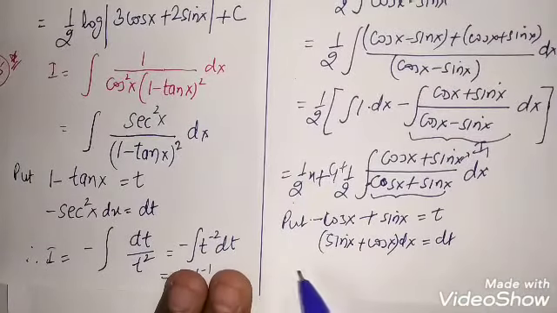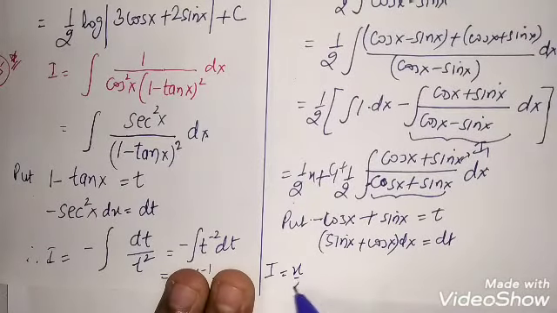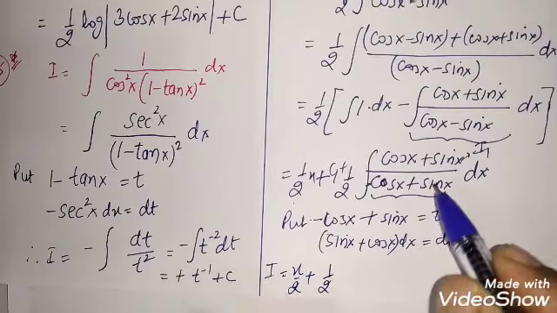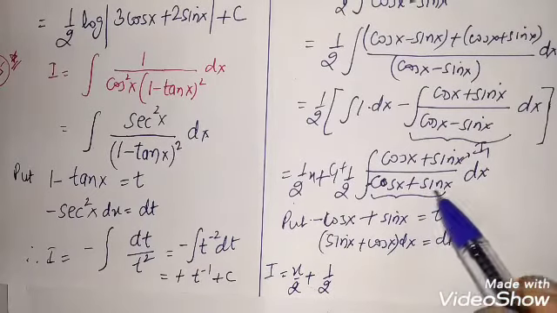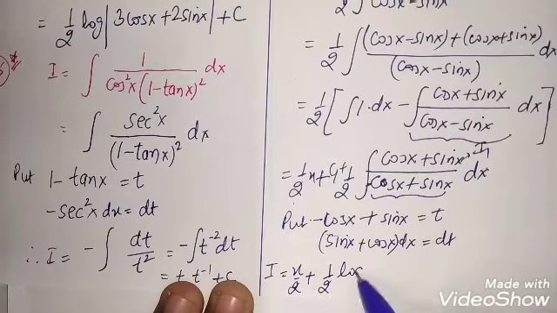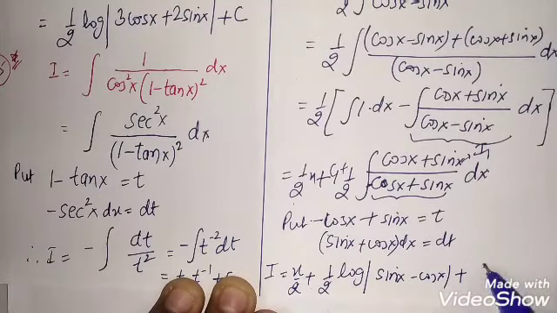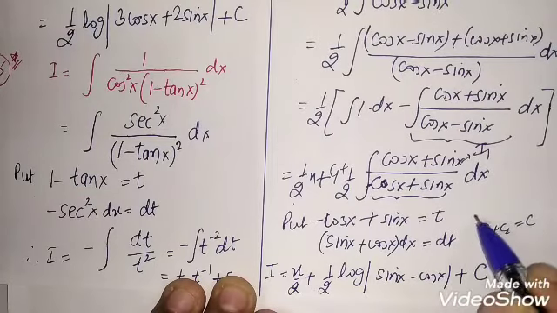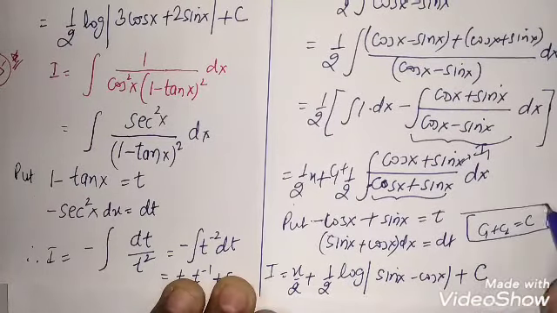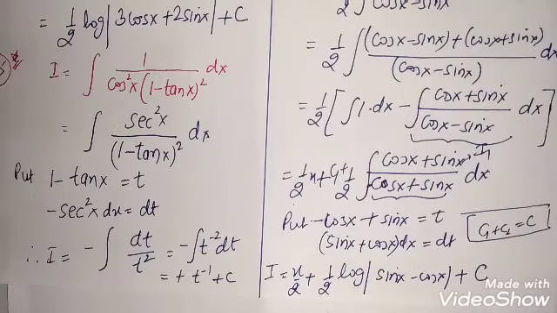So it is like I is equal to x by 2 plus 1 by 2. See my previous example. This is 1 by t, log of mod sin x minus cos x plus c1 plus c2, which is basically capital C. C1 plus c2. See, one example I did in this particular video. Then we are left with 34, 35th, 36 as well as 37. I am doing the same for you.